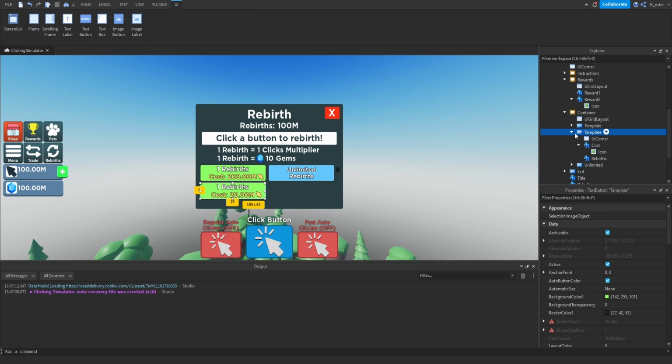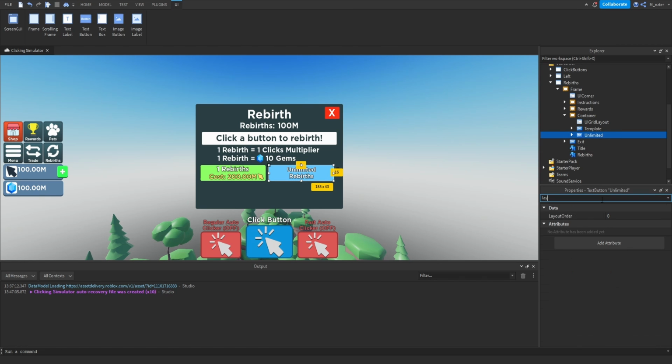this GUI looking good. Also, one more thing, for the unlimited button, we actually want to set the layout order of this to a very high number because it seems like in Clicker Simulator, this button always appears at the very bottom of the list, so players have to scroll all the way down to the bottom to actually see it. So that's why we set the layout order to be something really high so that it always appears at